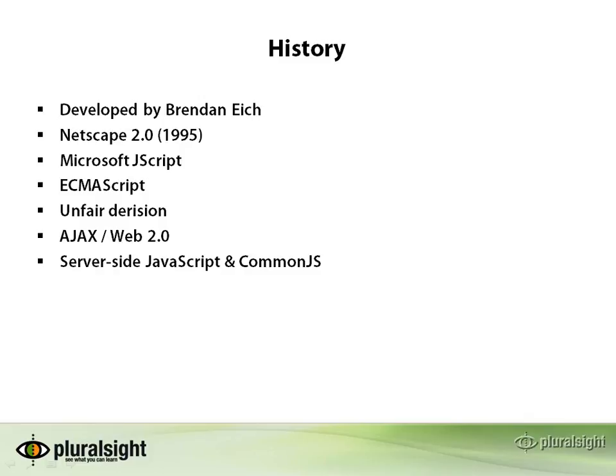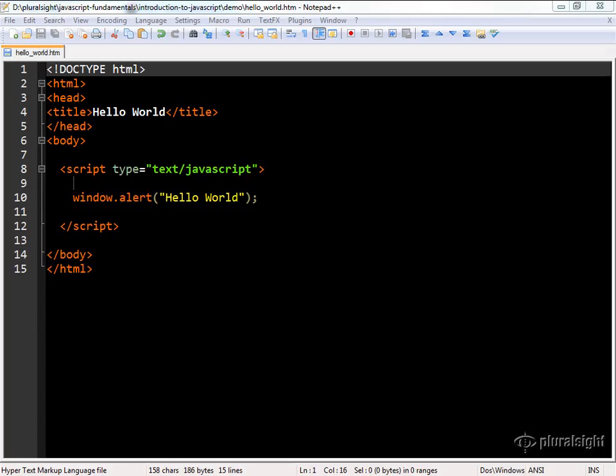Now it's time to dip a toe in the water and get started with our very first bit of JavaScript code. Here we have the simplest JavaScript project that I could think to write. You can see that it is just a standard HTML page without any content at all. The only thing currently between the body tags is this script tag, which has the type set to text/JavaScript. That tells the browser that everything inside this script tag is JavaScript code that it should attempt to execute.